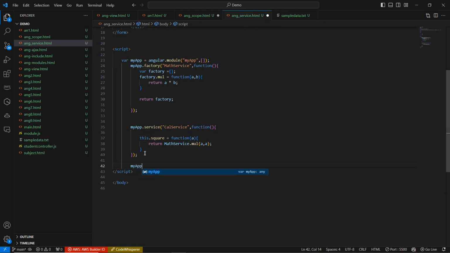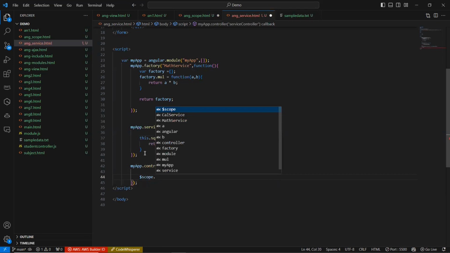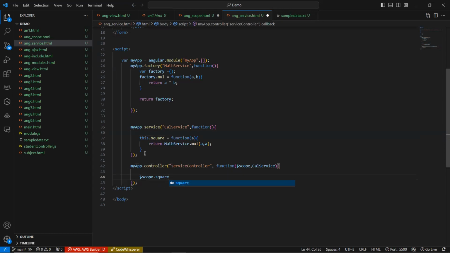Now after this, my app dot controller. Now I'm going to create my controller. So this is service controller, function of scope. Here I'm passing my service here, right? Call service. This is calculator service. And here scope dot square equal to